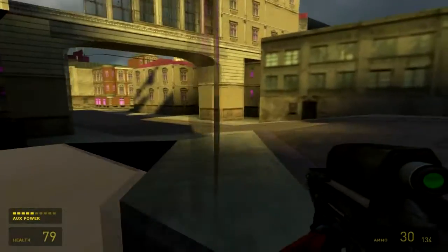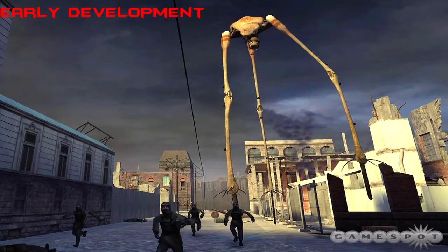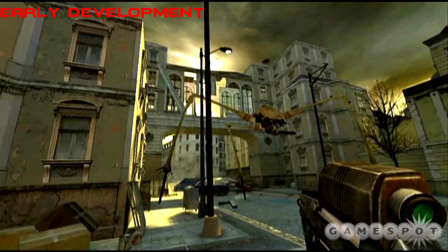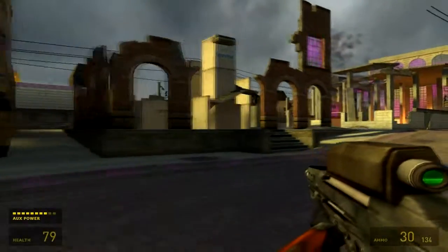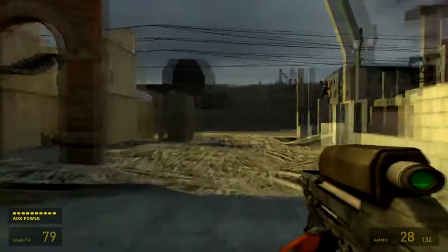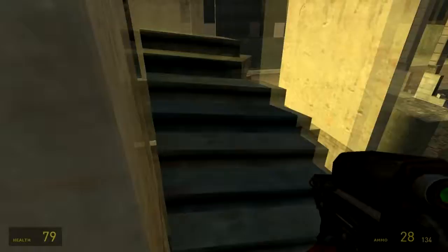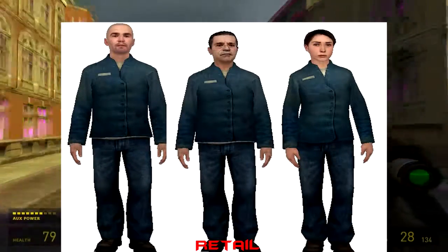I will show some pictures of the actual version of this map being used for development screenshots, and it's very, very interesting. You'll notice that the citizens have a full gas mask-like suit on, pretty much, or a hazard suit in a way. And also you can see that they look a hell of a lot different to the citizens in this version, and also the citizens in the retail version. So that's quite interesting, and it's also very cool to see a part of the city that could have been used